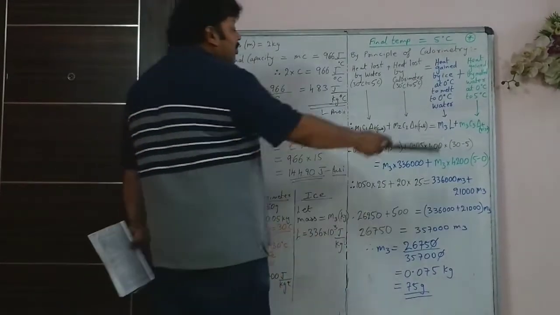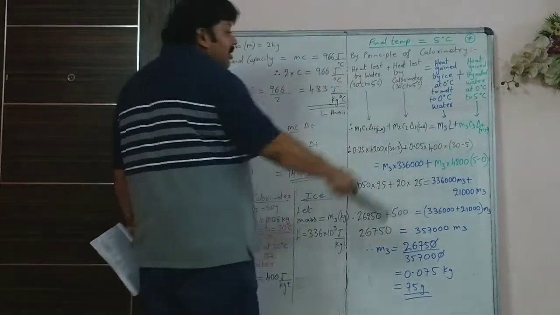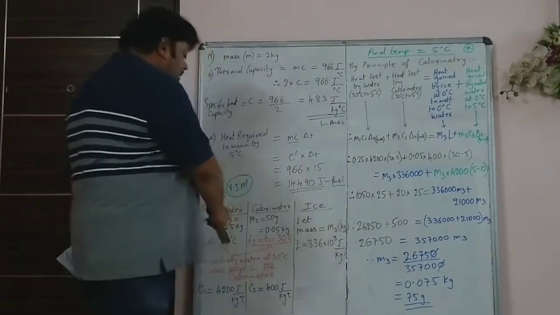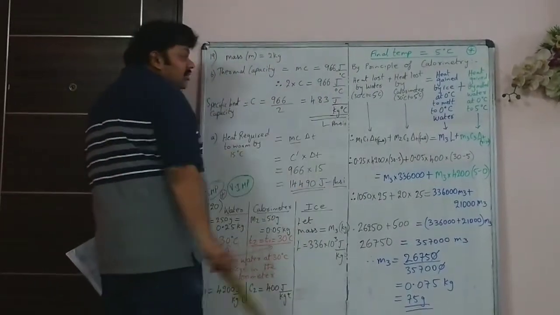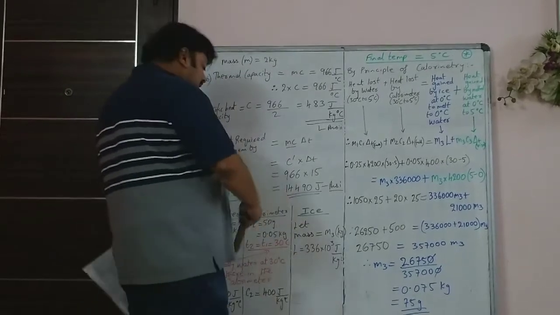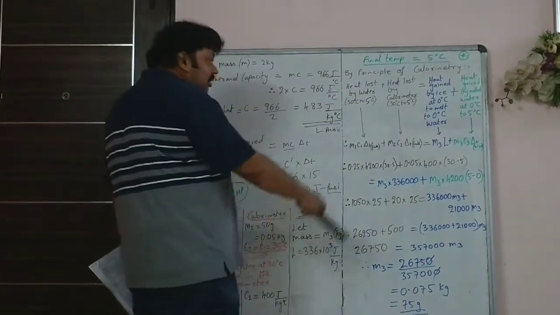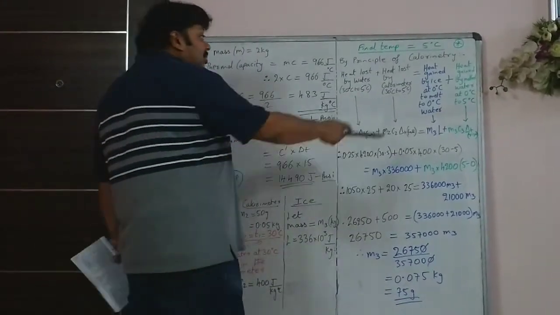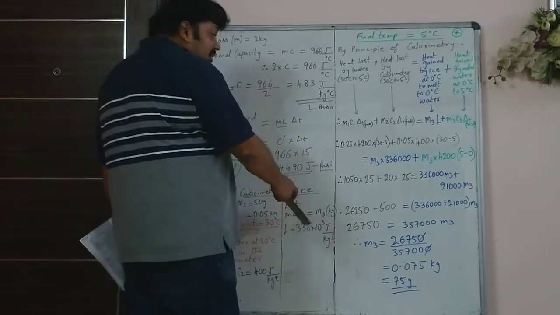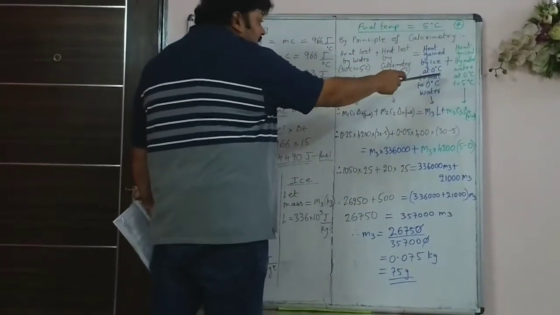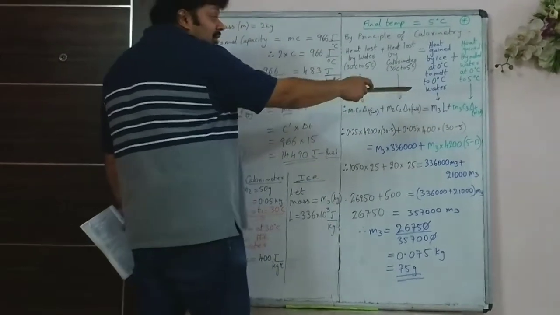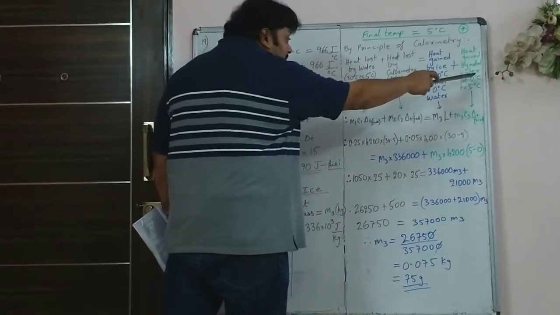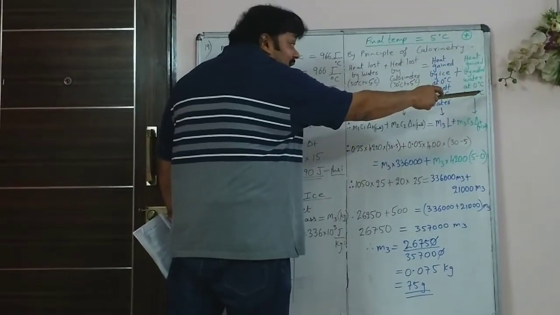So here the most important thing is there are two parts related to the heat gained by ice. Heat lost by this water from 30 degrees Celsius to 5 degrees Celsius, plus the heat lost by the calorimeter also from 30 degrees Celsius to 5 degrees Celsius, will be heat gained by ice to melt. This ice is melting from 0 degrees Celsius ice to 0 degrees Celsius water. But it doesn't stop there. This melted ice will have a rise in temperature and it will become 5 degrees Celsius.